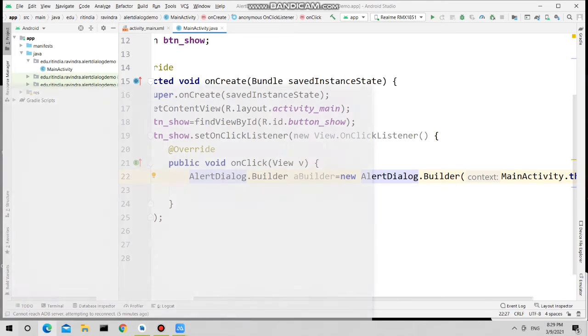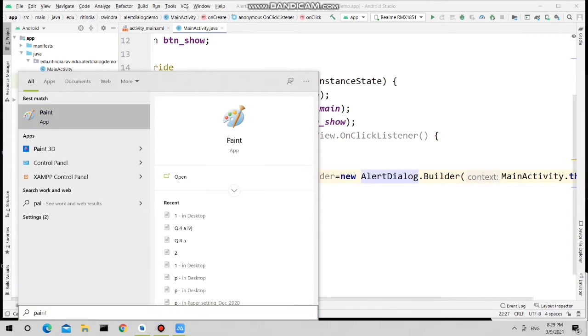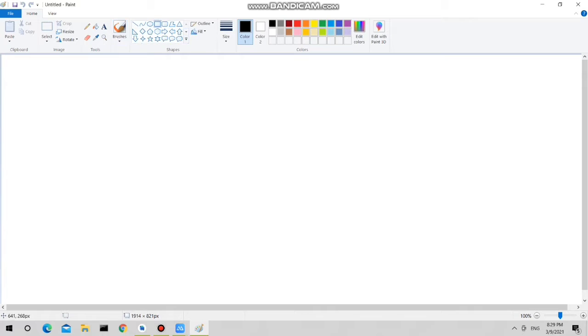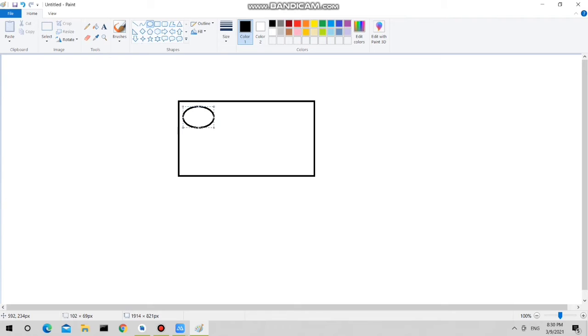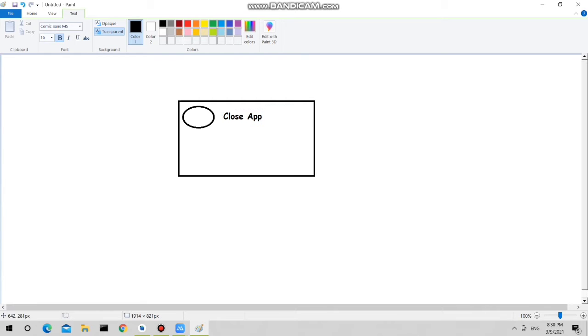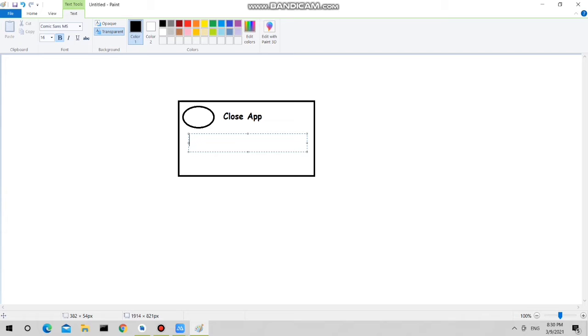Now I will explain the alert dialog. See, the alert dialog will look like this. It is a window like this. Then there will be an icon, then there will be some title, and this will be the content of the alert dialog.